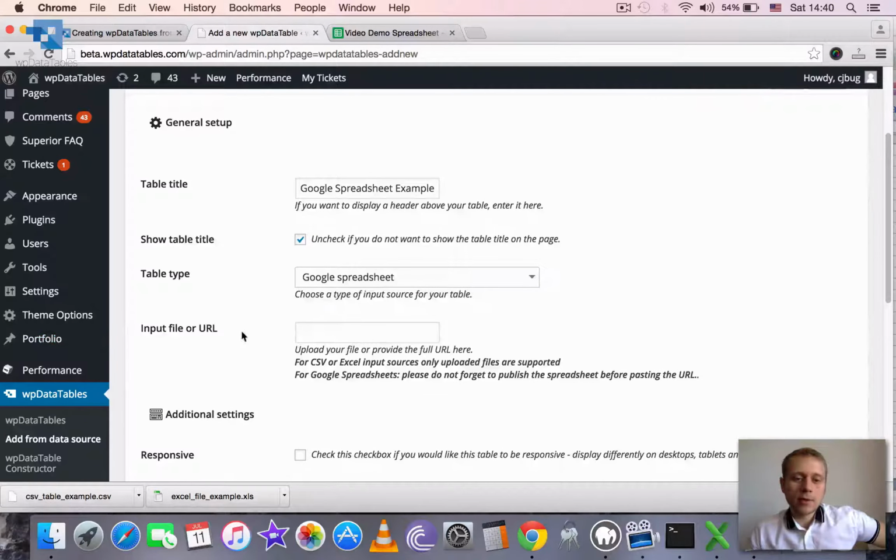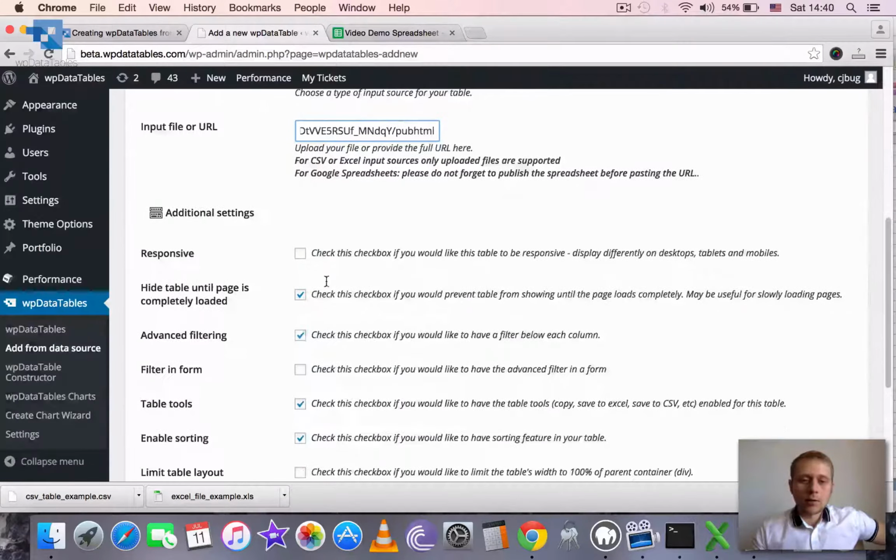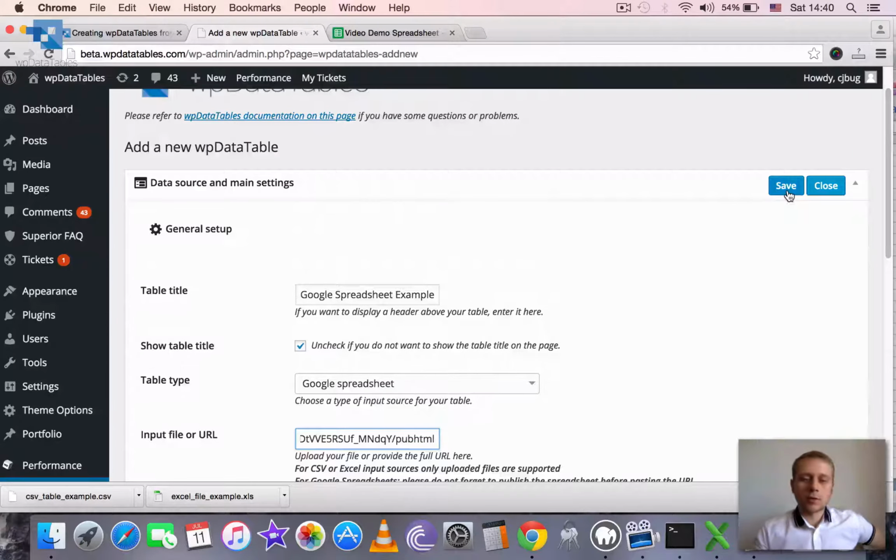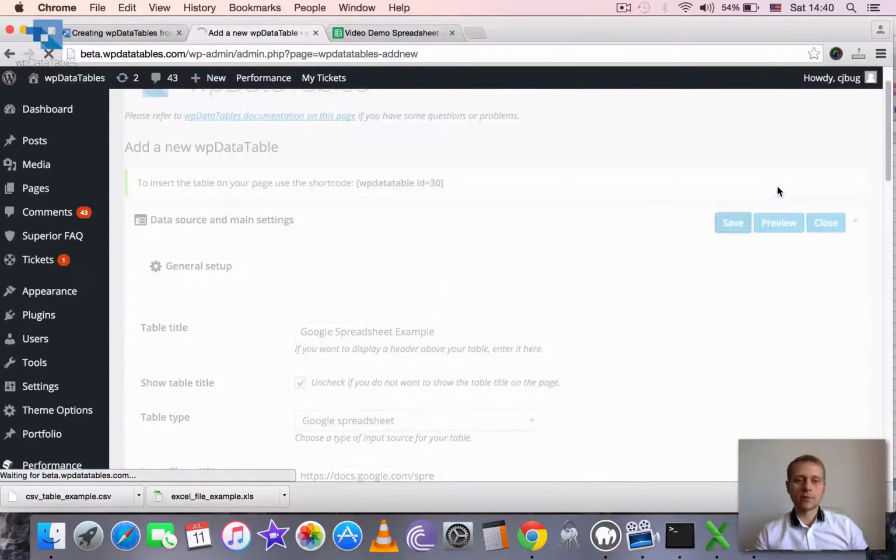And in this input that appears, we just need to paste the link that we just copied. We can define some settings, but we can also do this later. Now we just need to click on save, so wpDataTables would connect to Google, read the table structure and the table data, and create one on our side, on the WordPress side. So just click save,